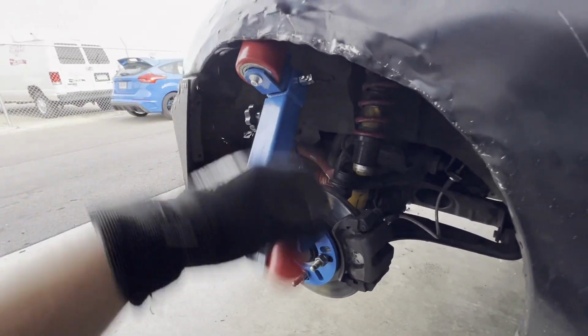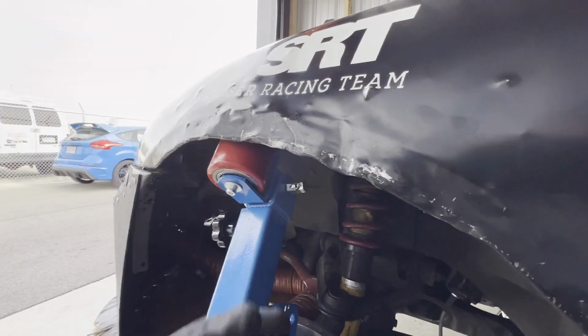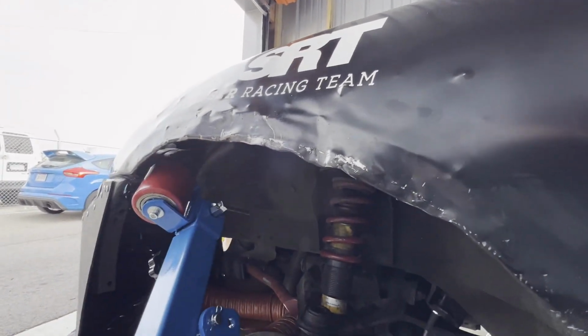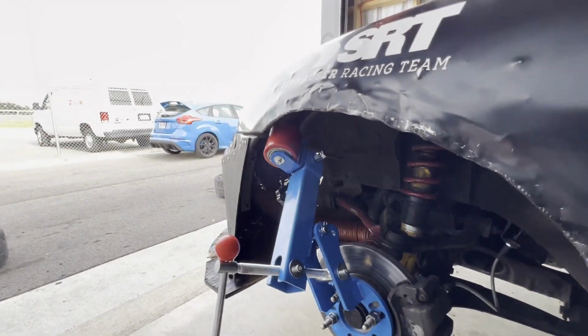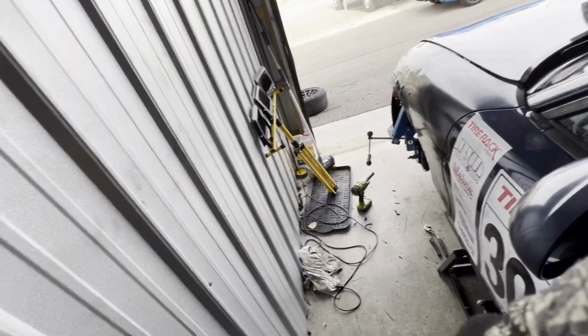But I've got it on here, and then I think I'm just gonna kind of match this wheel up to the fender. Like I said, this one we kind of already pushed in, but maybe I can smooth it out a little bit. Kind of match the angle of the wheel up, and then you just tighten this guy until it's pushing on it, and then you just rock it back and forth. So we'll see what happens here. All right,